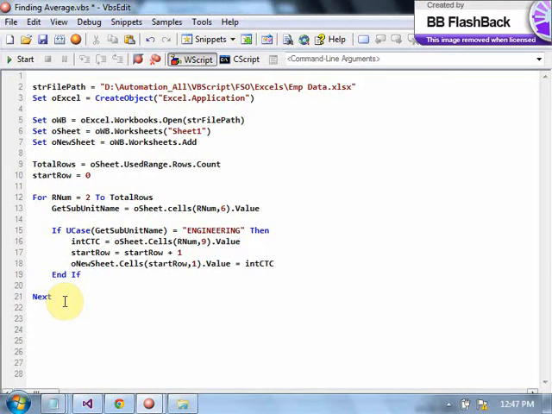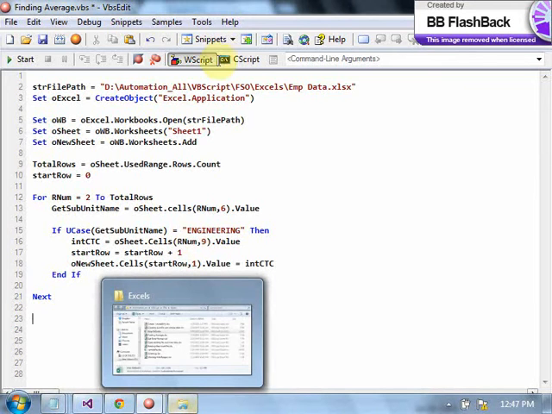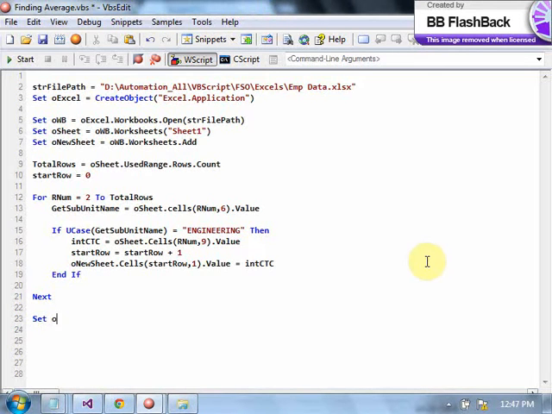Next, what do I need to do? I need to get the average now. All the values have been copied to the new sheet. Next, set OCTC range equals to O new sheet dot